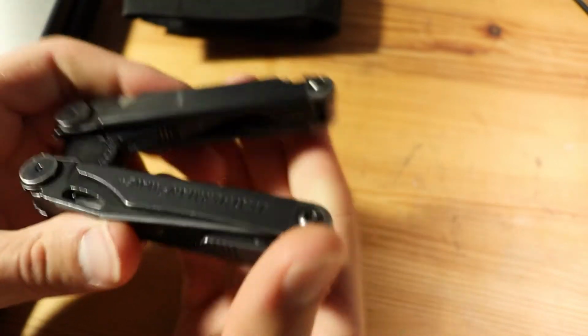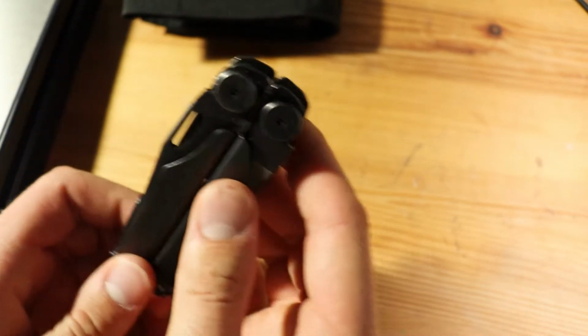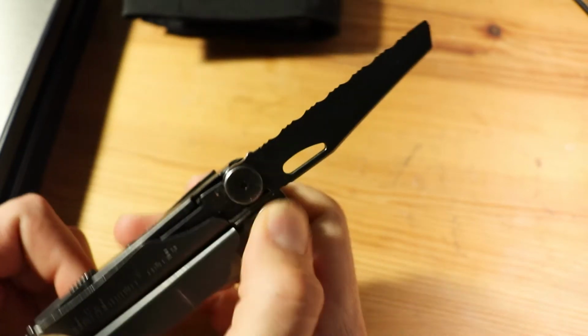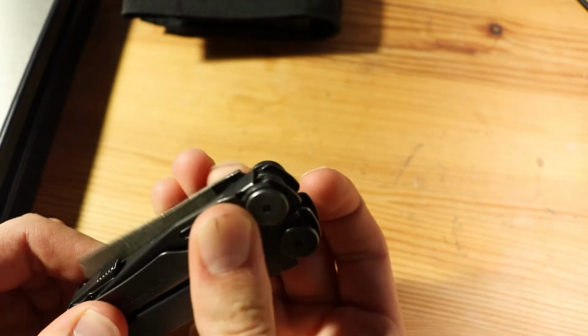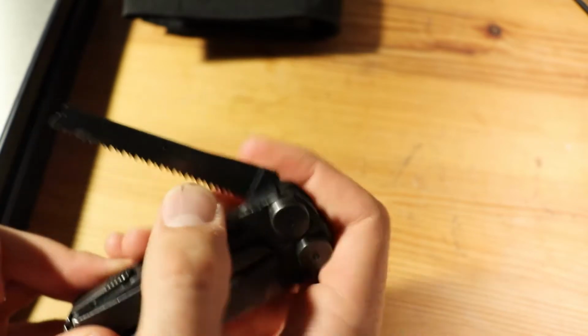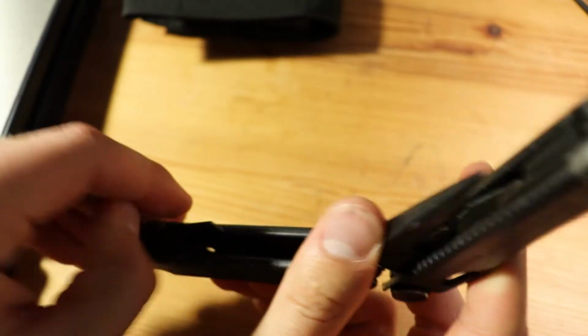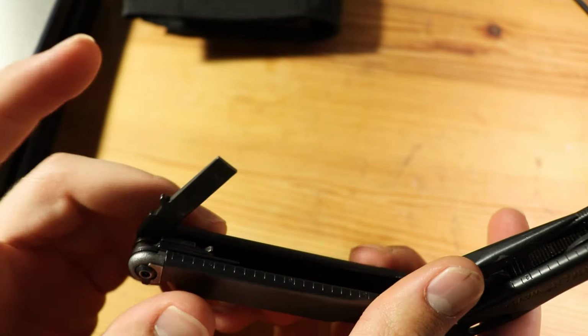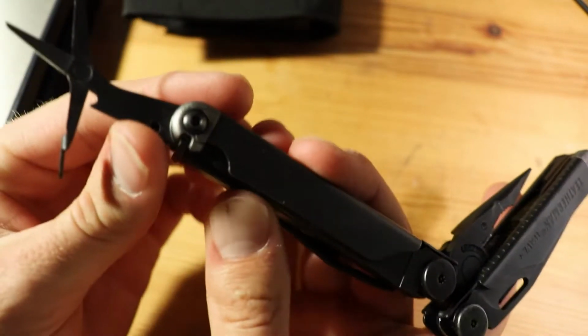And then when you fold up the tool, you have 4 tools on the outside, and then there's more on the inside. You have a serrated edge blade, a plain edge blade opposite it, and you have a file and a saw blade. And then on the inside, you have a flathead screwdriver / pry bar, I guess, if you want to use it for that. A small set of scissors and a